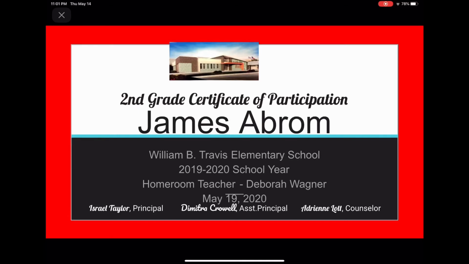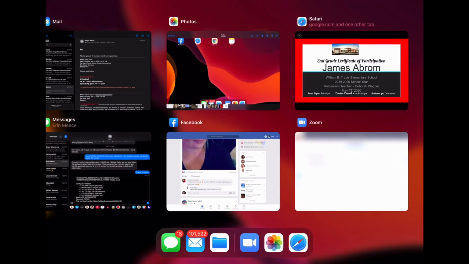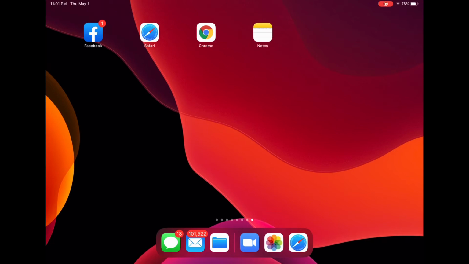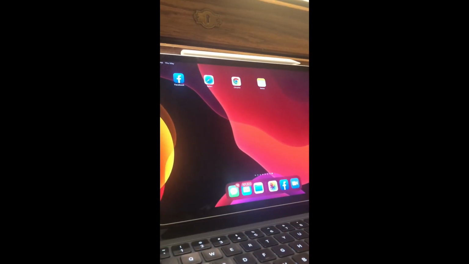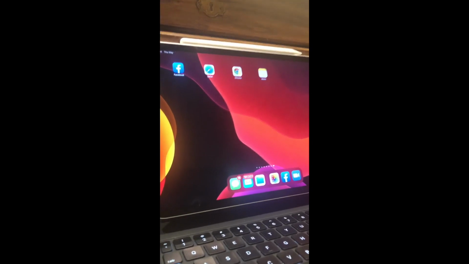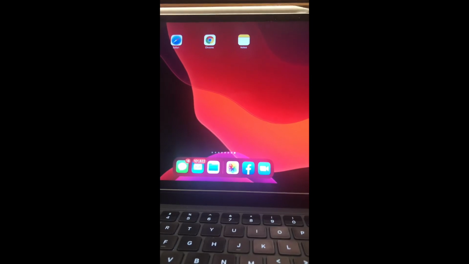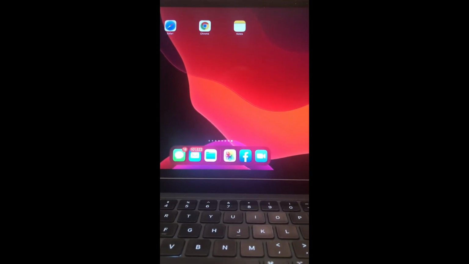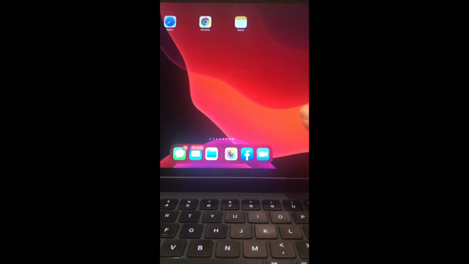Now, I'm going to close this window for a second. And the next thing I'm going to do is show you a video sharing a screen on Zoom. Okay, so I am taking a different approach to showing you how to get on Zoom because you cannot screen record while you're on Zoom for some strange reason. But anyway,